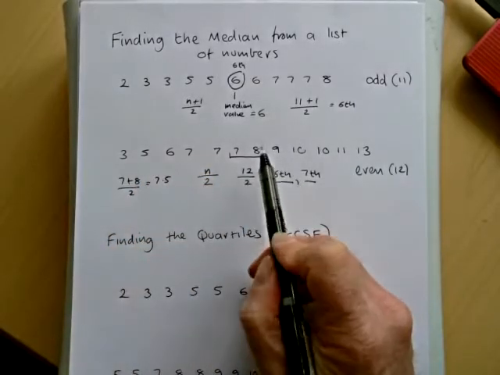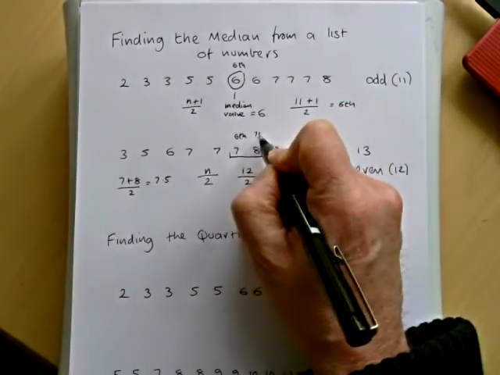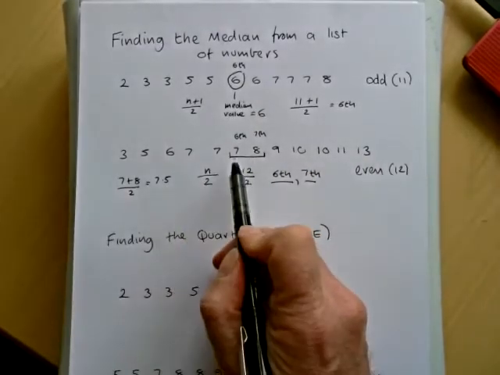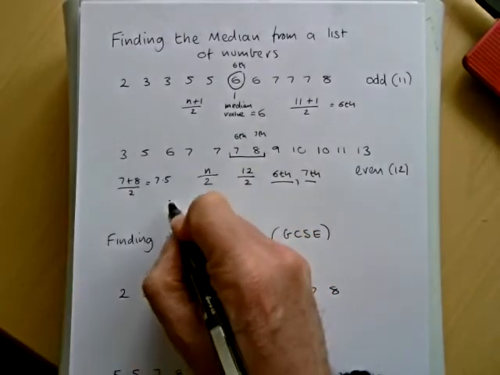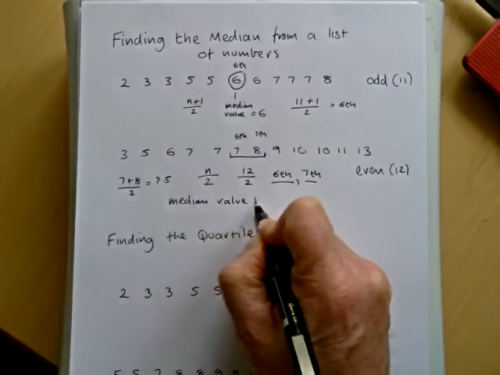So our median pair was the sixth and seventh numbers, which had values 7 and 8. So the median is the halfway point between those values. So our median value is